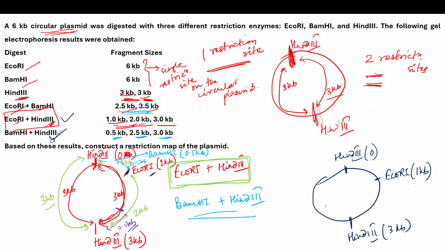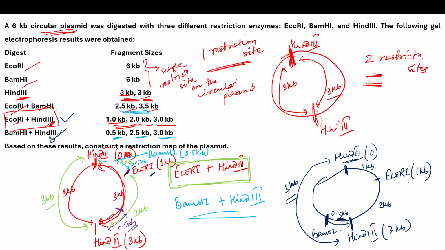But if we are placing the BamH1 site somewhere here, this is 0.5 kb, this was 1 kb, this was 2 kb, right? And in between two Hin3 sites there was a 3 kb difference, right? So if now the BamH1 site is here at a distance of 0.5 kb,